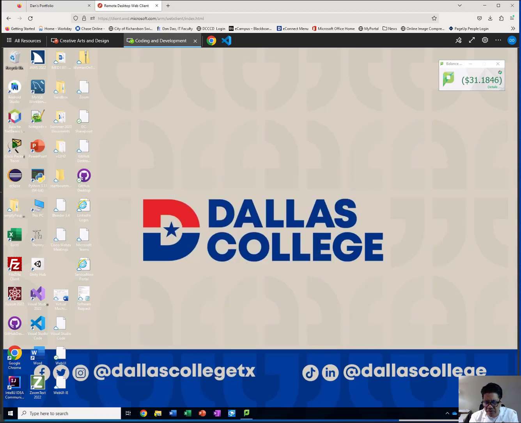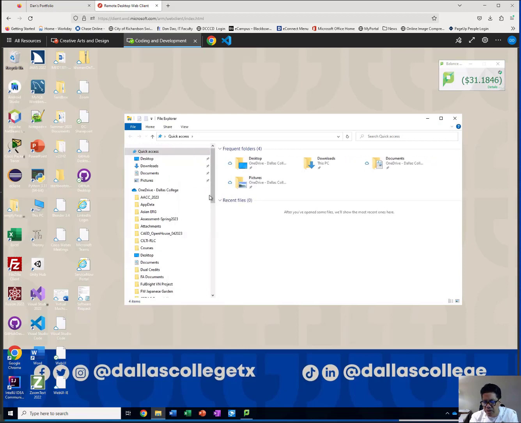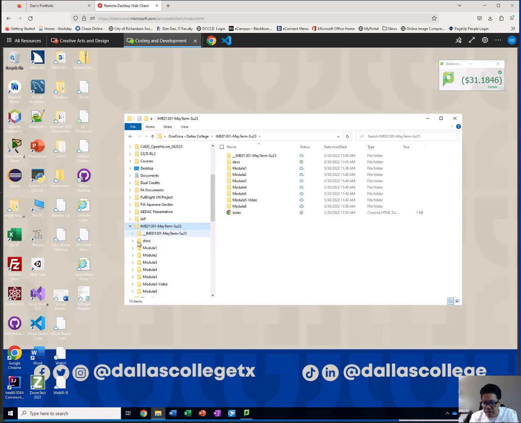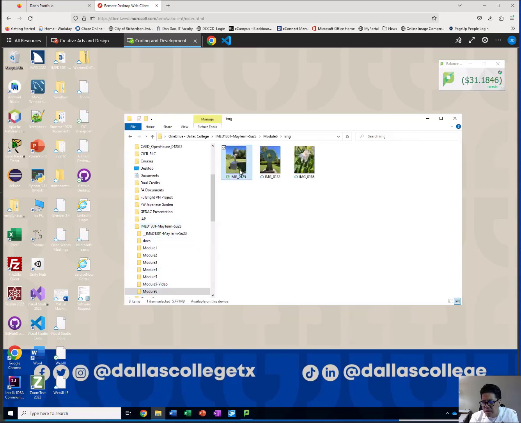Find the folder that you have on your OneDrive. Expand that, come down to module 6, go inside your image. If I click on that first image and hover over it, you're going to see a dimension of